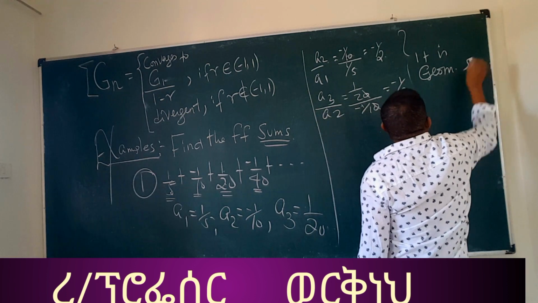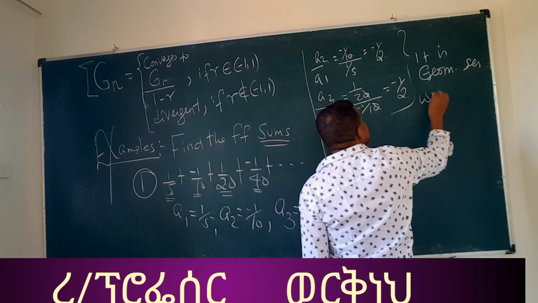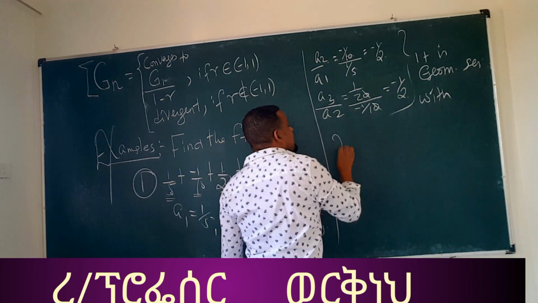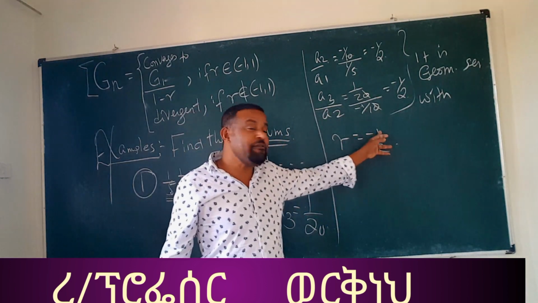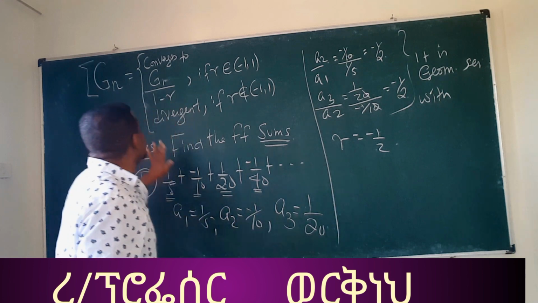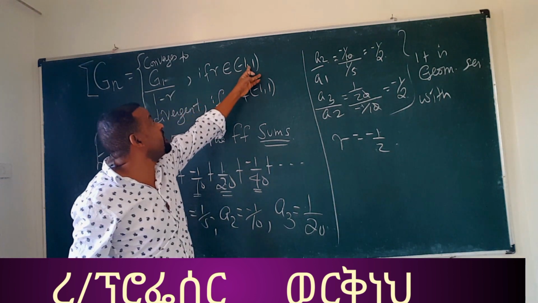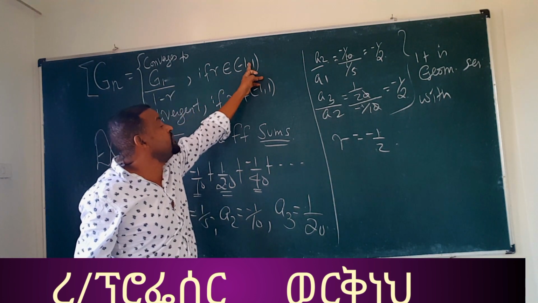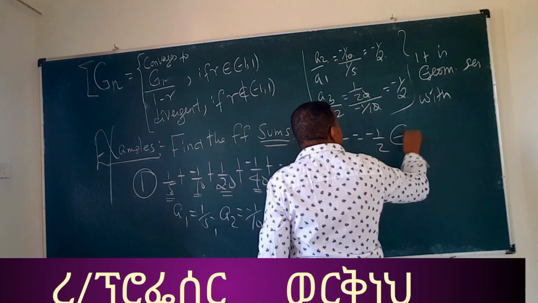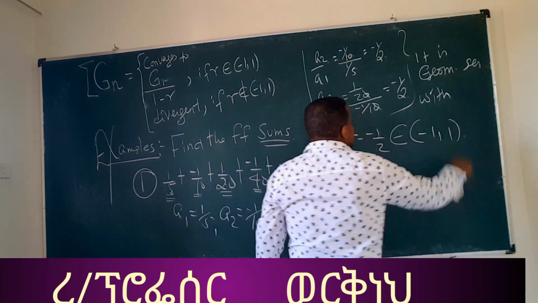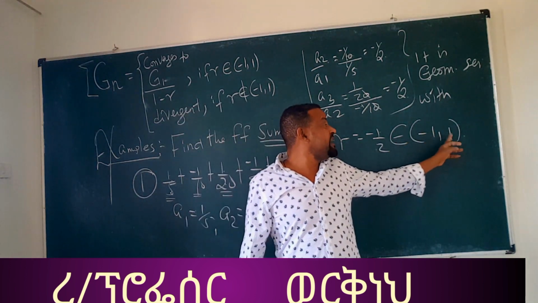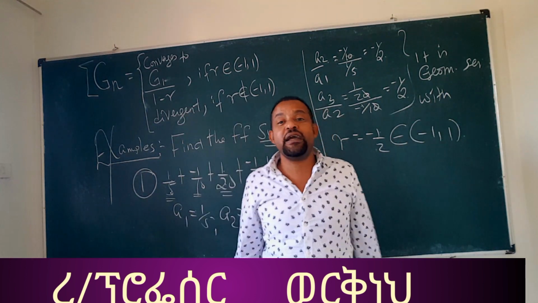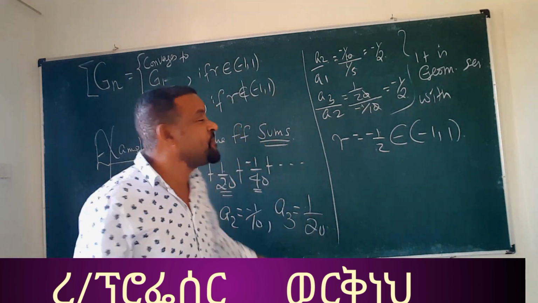geometric series with common ratio negative 1/2. አሁን common ratioአችን ስንት አገኘን negative 1/2. ይሄ negative 1/2 ደግሞ የት ነው የሚገኘው እዚህ ውስጥ ነው የሚገኘው አይደል በኔጌቲቭ 1 እና በ1 እዚህ ውስጥ ነው ያለው. So this is the member of negative 1 ስለዚህ የአንድ ጂኦሜትሪክ ሲሪየስ ኮመን ሬሽዮ በኔጌቲቭ 1 እና በ1 መካከል የሚገኝ ከሆነ then the series is convergent